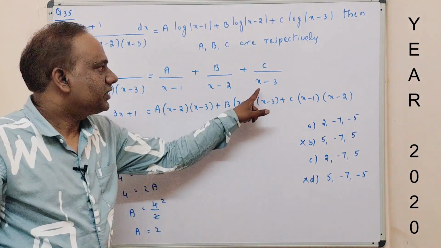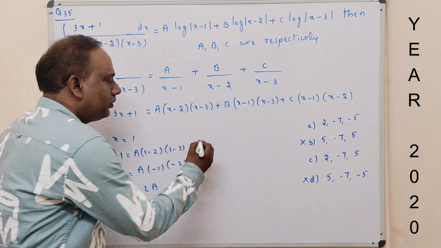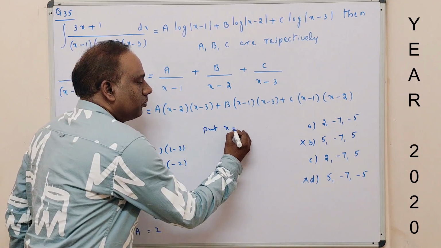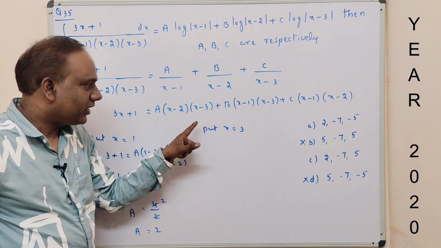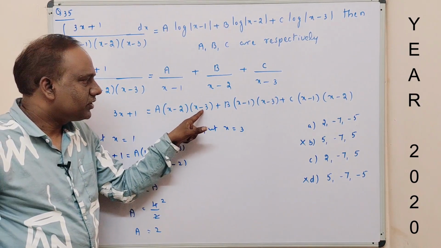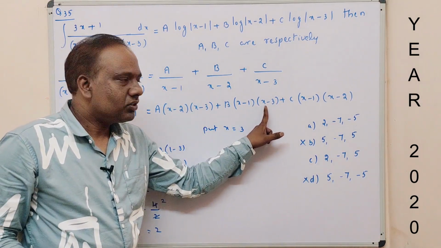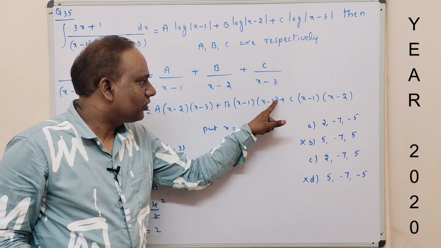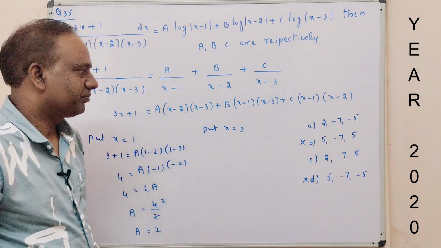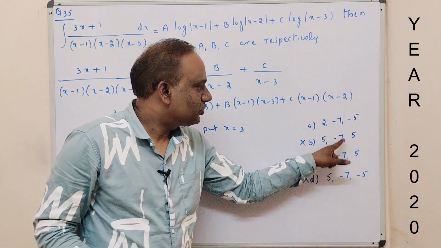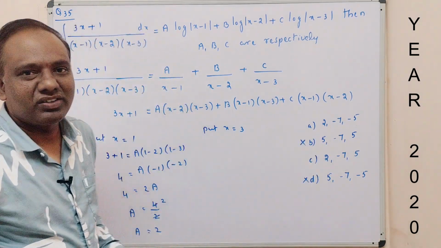So for the c value, if you substitute x is equal to 3, this value becomes 0. That's why put x is equal to 3. If x is equal to 3, then this x minus 3 is 0, and this total value is 0. Here also, if you substitute x is equal to 3, 3 minus 3 is 0. This value is also 0. Here we can find the c value because these two are the same now. That's why if we find the c value, we can get the answer very fast.